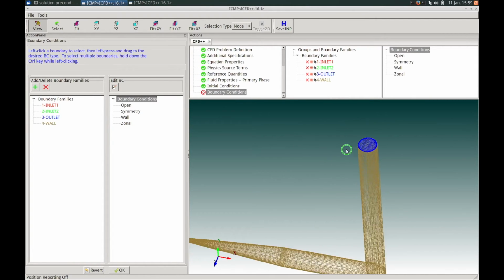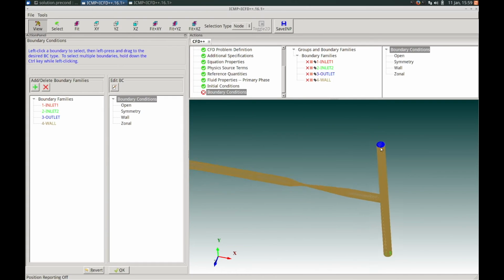In this case, I'm going to just leave everything in their default view. One other feature, though, to show is sometimes we need to find specific boundary conditions in our model, and we can click on these boundary families to identify, and they'll be highlighted in white to help us identify where in the model each of these boundary families is located. All right, so let's define our boundary conditions.